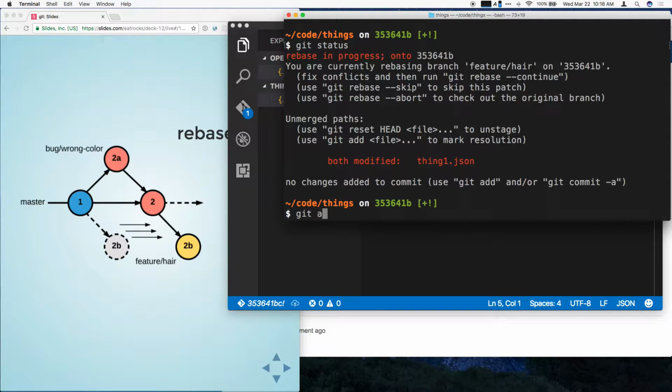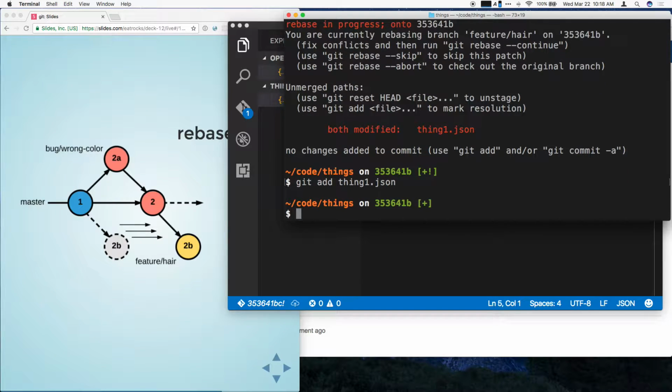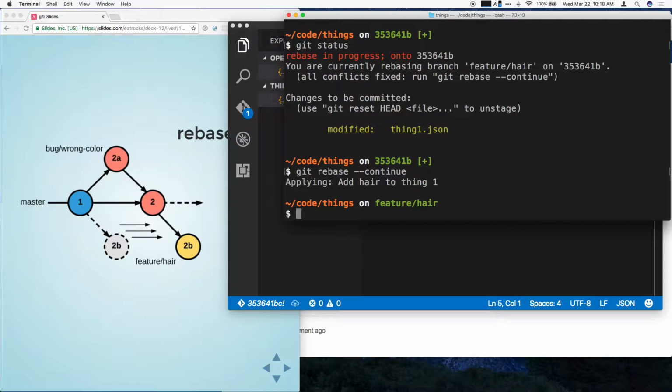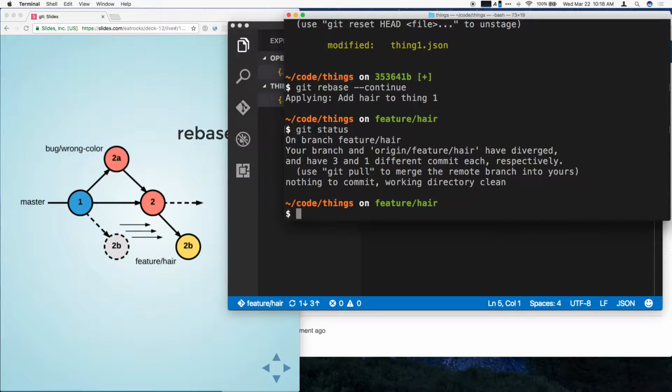Next thing is to commit it. Oh, that's right, thank you. Okay. So let's do git status again. It says